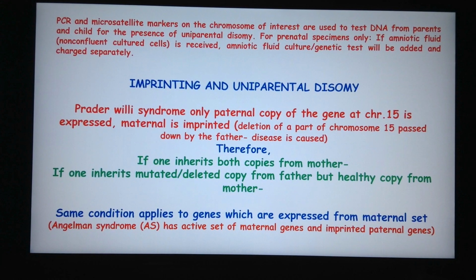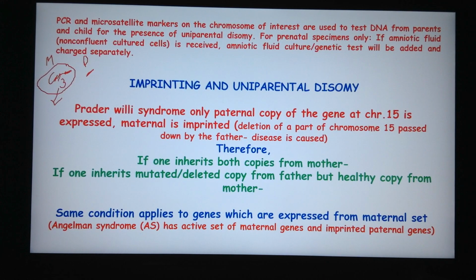And now we'll discuss briefly Prader-Willi syndrome. In genome imprinting, some copies of genes are methylated, and this methylation is an epigenetic modification, and the copies which are methylated are said to be imprinted. That is, they don't express that protein. So let's say this is maternal imprinting, so the expression will occur from the father's gene. If the gene is maternally imprinted, the maternal copy of the gene would not express, and the expression will come from the paternal gene.